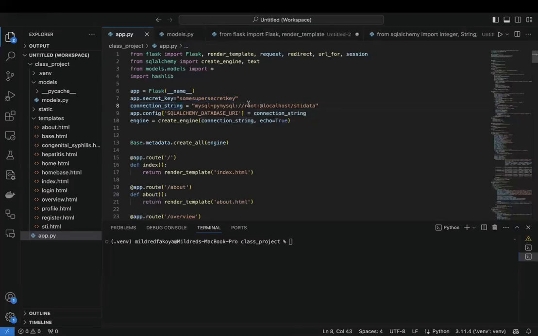My user root has no password, so I left it blank there. Localhost is the name of the host, so I can put the port here if I'm not using the default 3306 of MySQL port. But because I'm using all the defaults, I just shorten my connection string to just hold the name of the